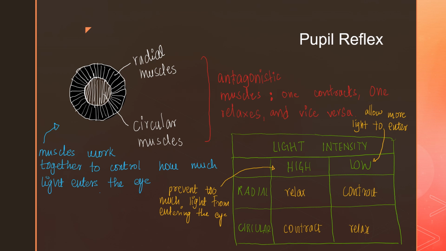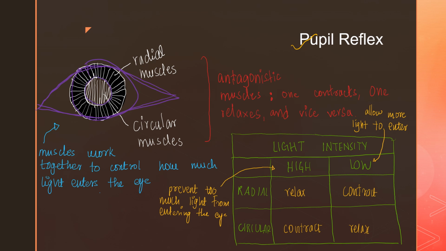Moving on, we have pupil reflex. Before we move into pupil reflex, let's imagine something. I want you to imagine this to be your eye, okay? This is your eye. I know my drawing is not particularly good, but let's manage. So these are your eyebrows. Forget the eyebrows. You see, inside your eye, these outside muscles are called radial muscles, and the muscles inside are